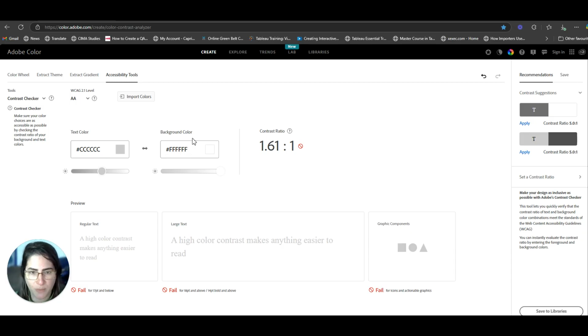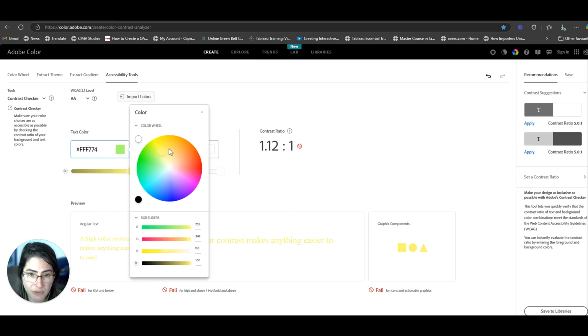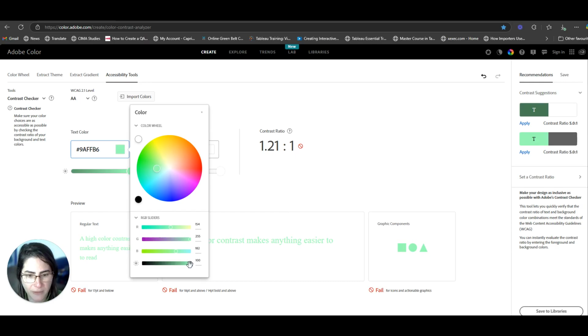So let's say that we want to keep the white background. You can slide here to either side to find a better color contrast. So for example, I slide here and it automatically calculates the new contrast ratio, and the preview will also update for regular text, large text, and graphic components. Another way of selecting colors, if you click on the color itself, it will open the color wheel, and you can choose whatever color you want. So if you want a shade of green, for example,